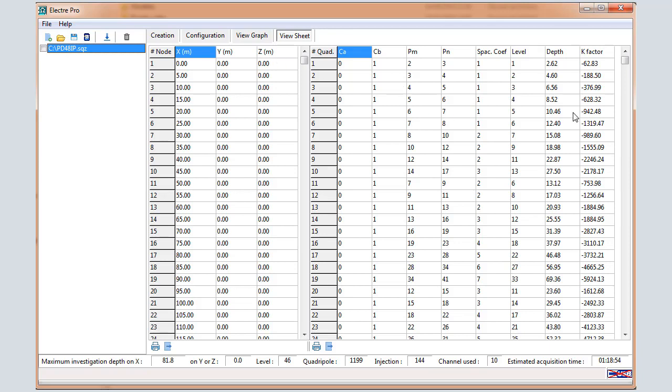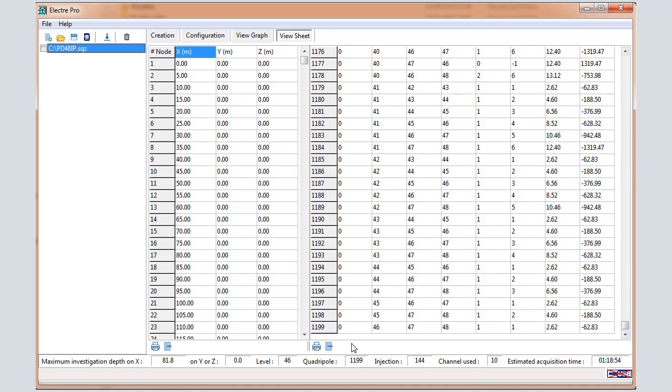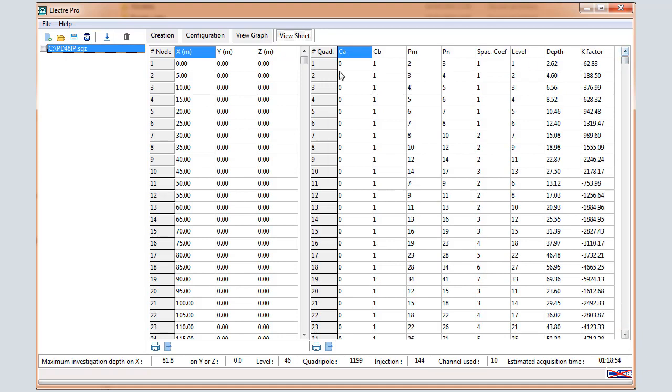In the right part, you can visualize the different quadrupoles that will be measured in the sequence. So you can see for each quadrupole the AB injection and MN reception electrodes. A is marked as 0 as the remote electrode is directly connected to the A front panel. For each quadrupole, you can visualize the geometrical factor and the estimated investigation depth. Those windows can be printed or can be exported